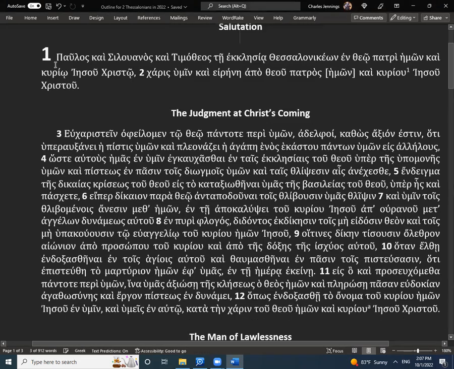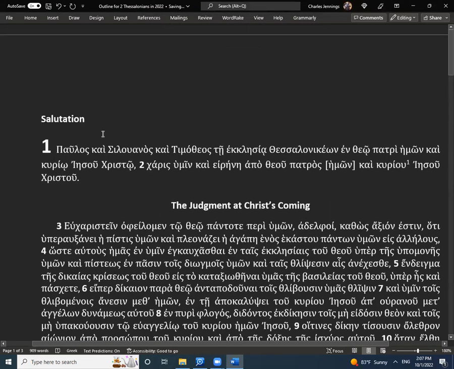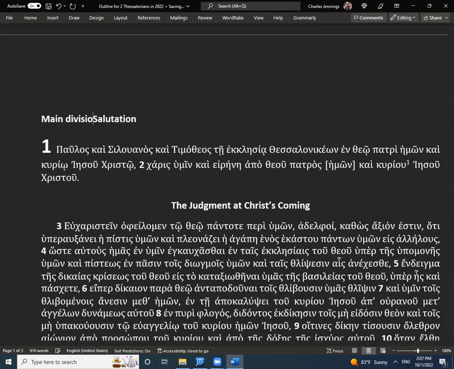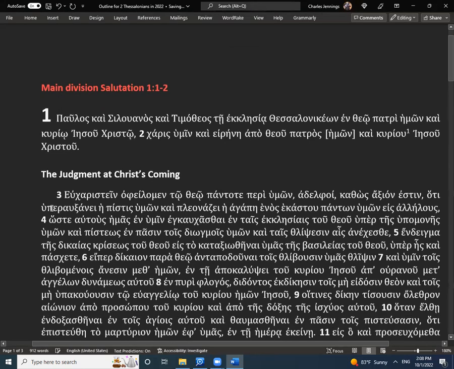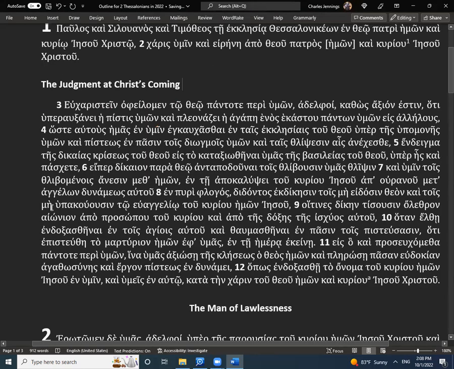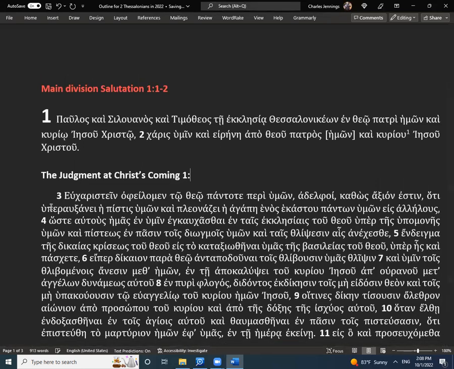Now, the first thing I do, besides pray, and I prayed before I began, is identify this as a main division. So that's one, and 2 is a main division. We'll come back and talk about it more in a minute. But then we see right here the judgment of Christ coming. They're saying that's another main division. So we're going to say that's 1, 3